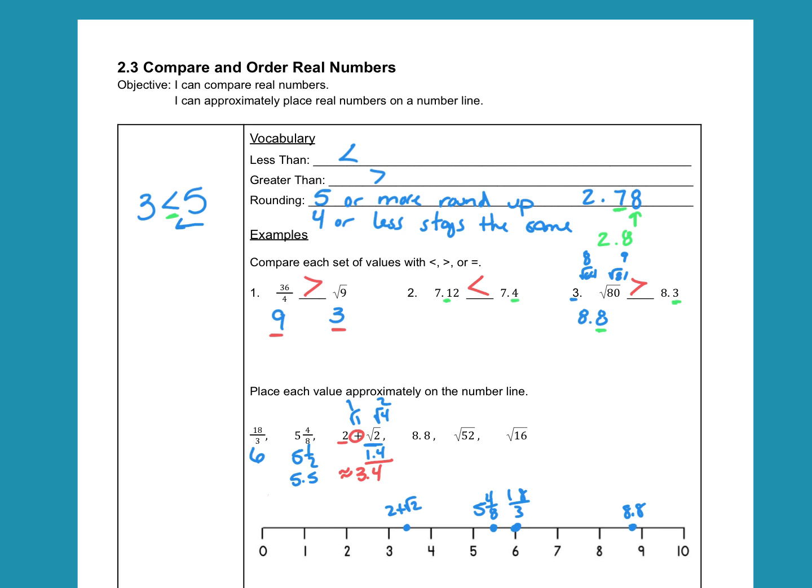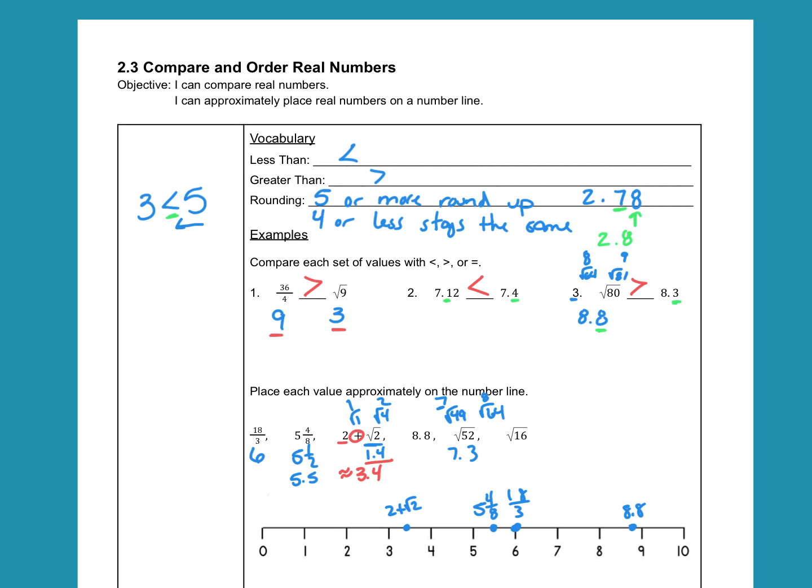Square root of 52, we're going to have to estimate this one again. I recognize that 49 is awful close to that, and that's 7. Then the bigger side of that is going to be 8, which is 64. So it's going to be between 7 and 8. And 52 is closer to the 49, so it's going to be closer to the 7. It's not too close, so maybe 7.3,